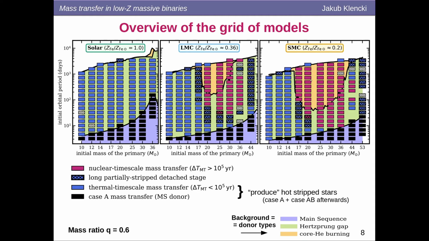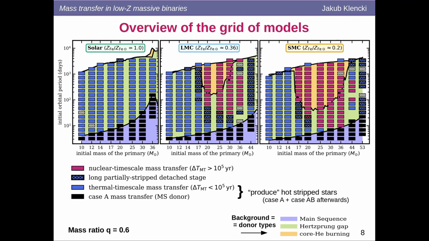And this is something that we anticipated. And somewhat surprisingly, we found that the nuclear timescale mass transfer, slow mass transfer evolution, also from models where the donor is still technically a rapidly expanding Hertzsprung gap star at the point of Roche lobe overflow, but still from the same mass range where the halted expansion happens. So basically, it seems that at low metallicities, it's possible that above a certain model-dependent mass, the mass transfer interaction from post-main sequence stars may become dominated by this long nuclear timescale interactions and partial envelope stripping rather than